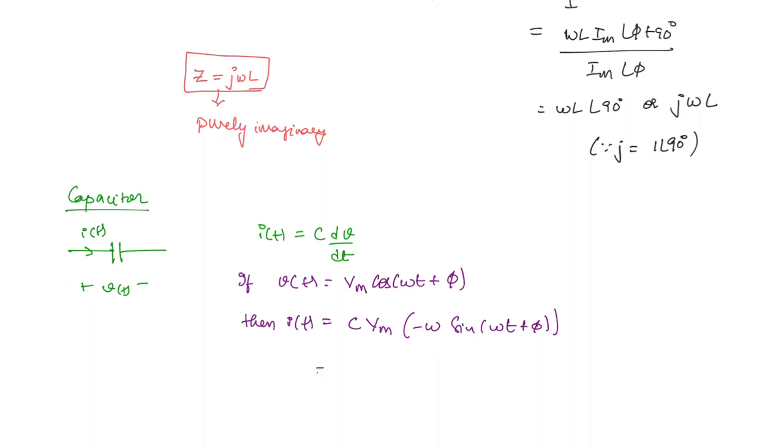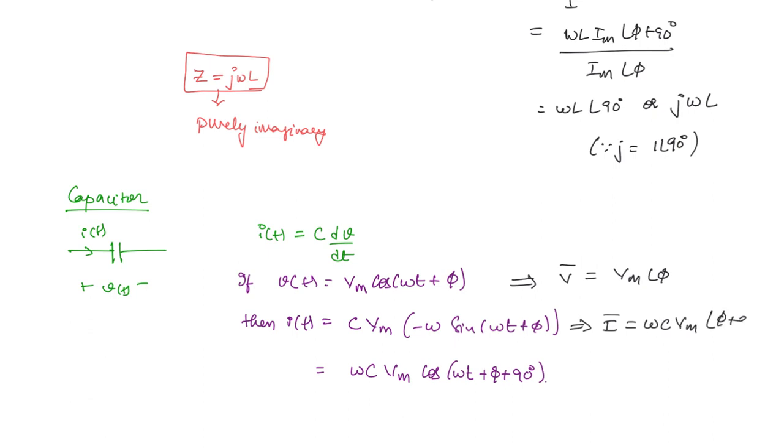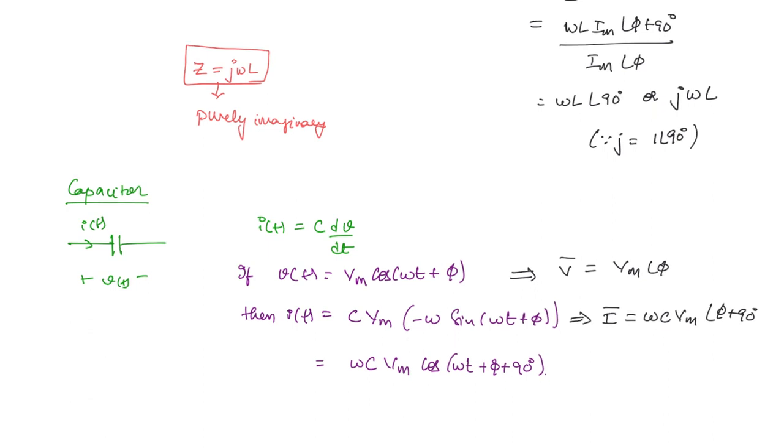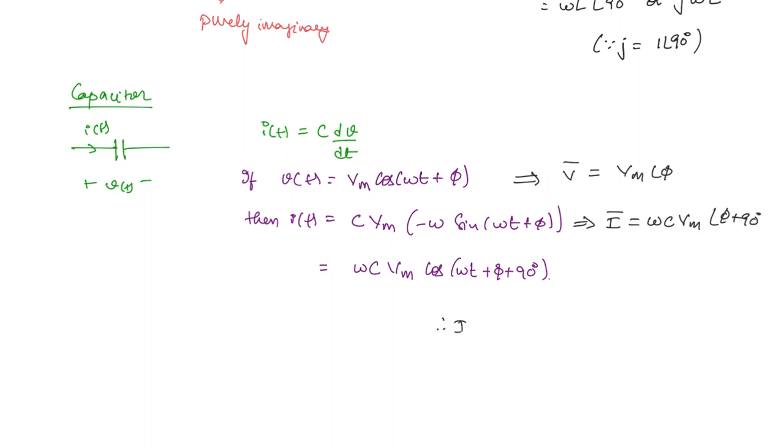In a similar way, just like in the previous case, minus sin θ we can write as cos(90 + θ). So what you're going to get is ωC Vm cos(ωt + φ + 90 degrees). So from here you can write the phasor form: V bar is equal to Vm angle φ and I bar is equal to ωC Vm angle φ + 90 degrees. Therefore, impedance